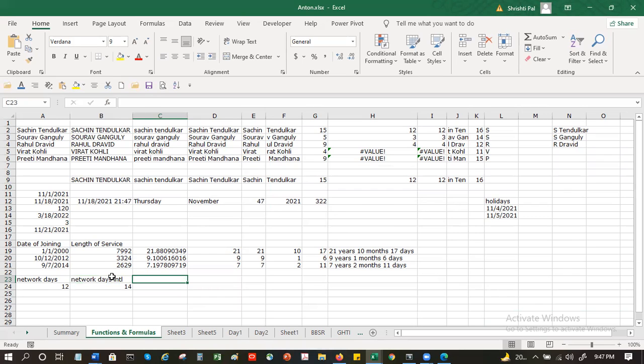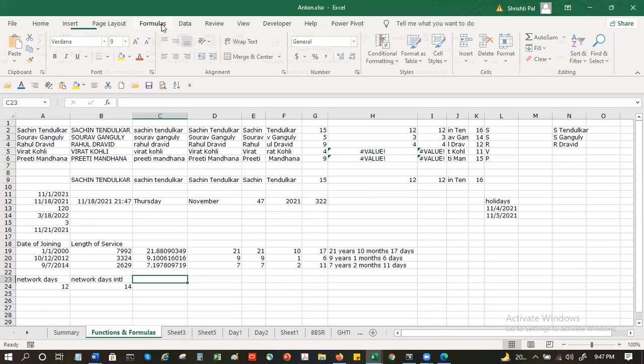Now, another thing to remember is whenever you store anything in Excel as a date, internally Excel converts it into a number. So you have to be a bit careful. We can change that with the help of the date functions.